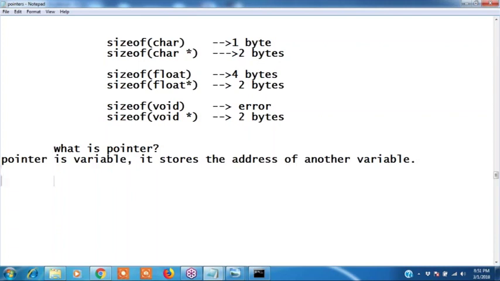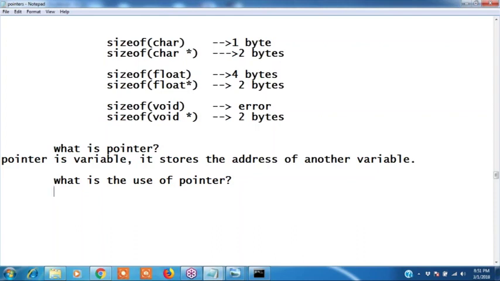Now, what is the use of a pointer? Tell me, guys. A pointer stores the address of another variable. What is the use of it? We can point to other variables.